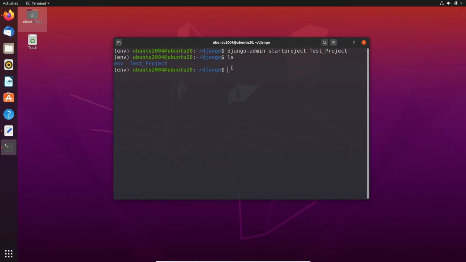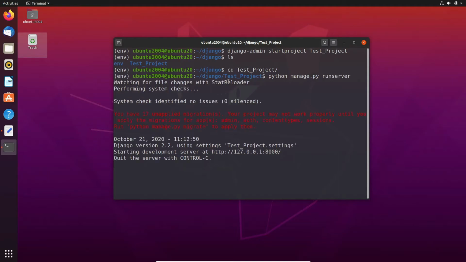By default, Django will use the SQLite database, and we need to switch to the MySQL database. For that, we need to install MySQL client. Before installing that, let's check whether the Django application has been successfully deployed or not. We have created the project inside this folder. Now let's run this project and check whether it's running or not. Inside this directory, I'll be giving the command python manage.py runserver. This command will run the server.